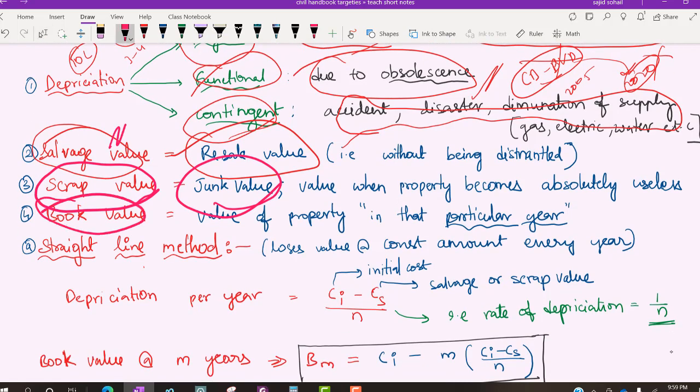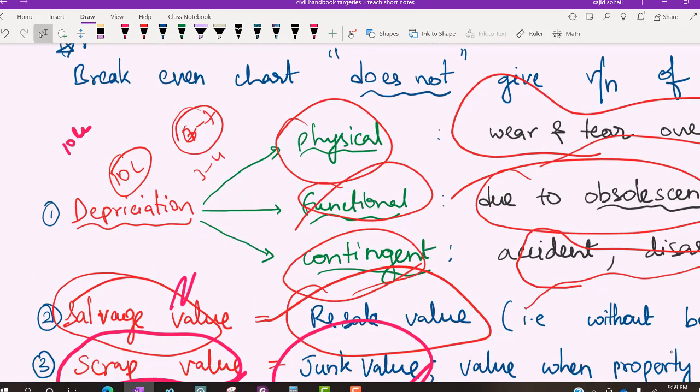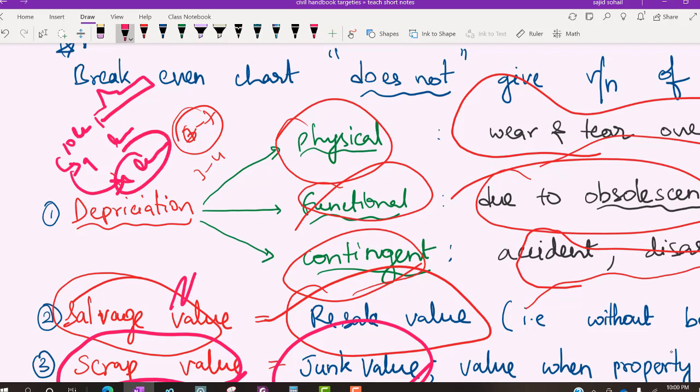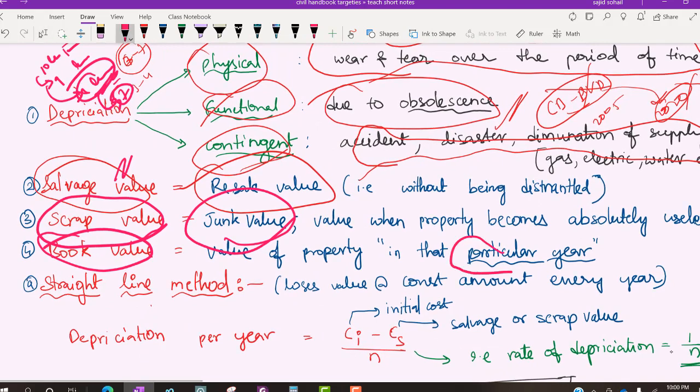समझ में आ गया? What is book value? There is one more value, book value. See, for example, I have bought a car for 10 lakhs. 10 lakhs की मैंने कार खरीदी. Okay, so this car value next year will be, let us say, 9 lakhs. Book value of this car in next year कितना है? 9 lakh है. If next year it is 8 lakhs, I will be calling the book value after 2 years is 8 lakhs, book value after 3 years is 7 lakhs, and so on. Okay, value in that particular year में उसकी value कितनी है product की, I will be calling it as book value. I hope you got it.